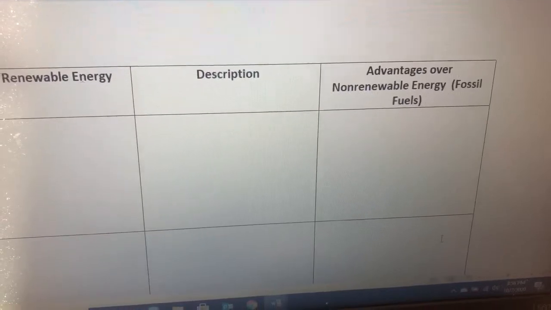So last lesson, we talked about non-renewable energy, which are fossil fuels. And so this one are renewable sources of energy, which are not fossil fuels, okay? So these would be, maybe this would be a better type or a better source of energy that might be friendlier. So just watch the video and then list in one column the type of renewable energy, the description, and then